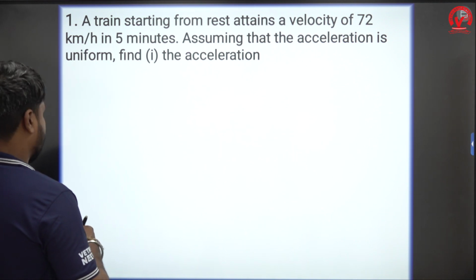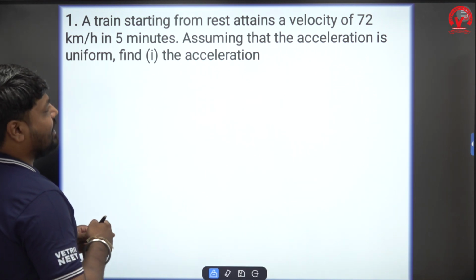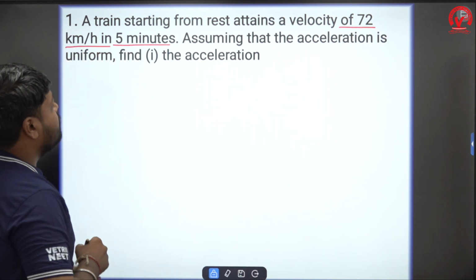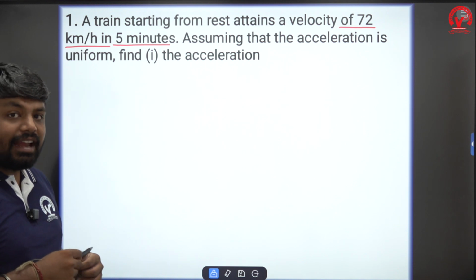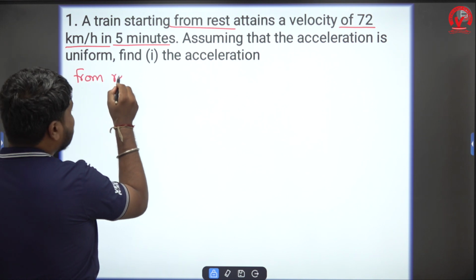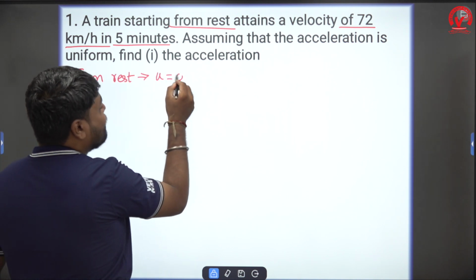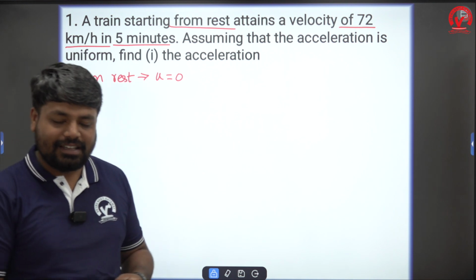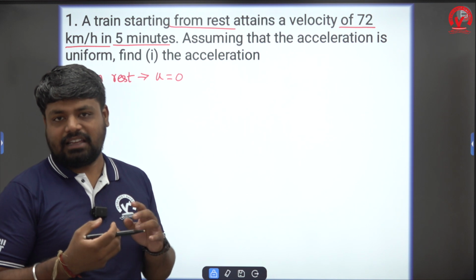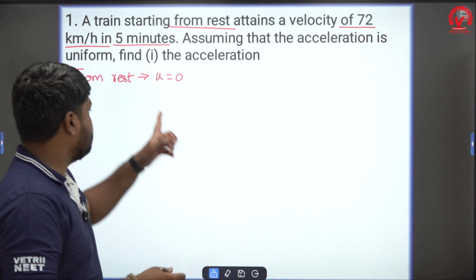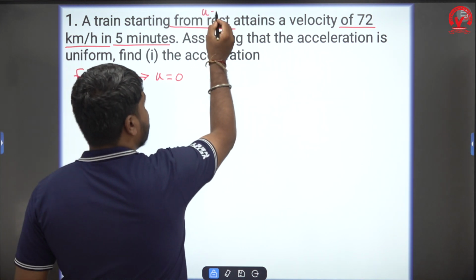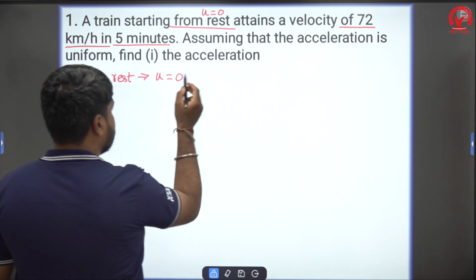A train starting from rest attains a velocity of 72 km per hour in 5 minutes. So, a train starting from rest. What does the word "from rest" represent? It is silently telling you my initial velocity is 0, because from rest only I have started my journey. So consider my initial velocity is 0. Keep this in mind. It indirectly tells you that initial velocity is 0, and it attains a velocity of